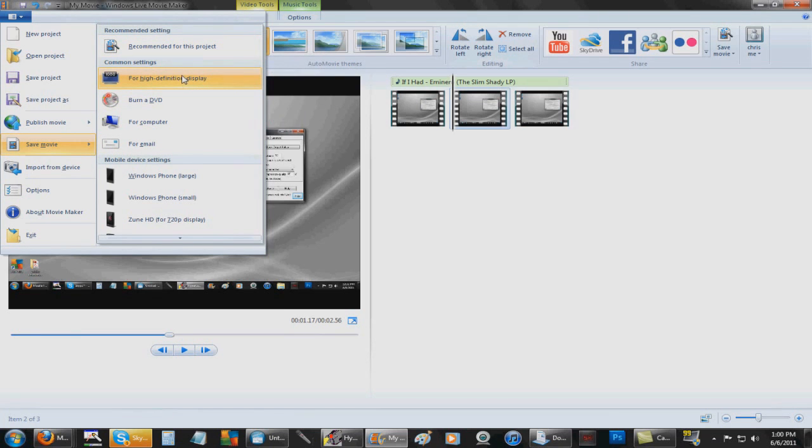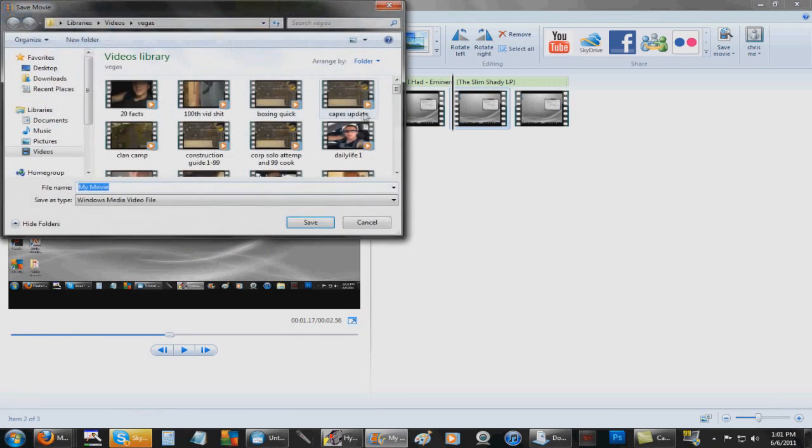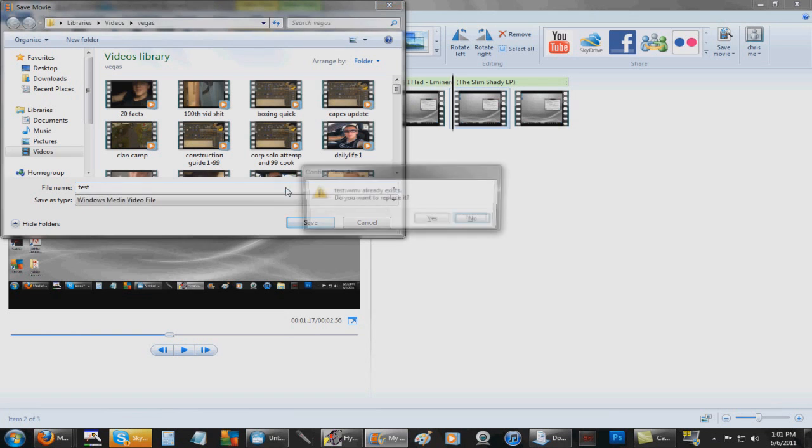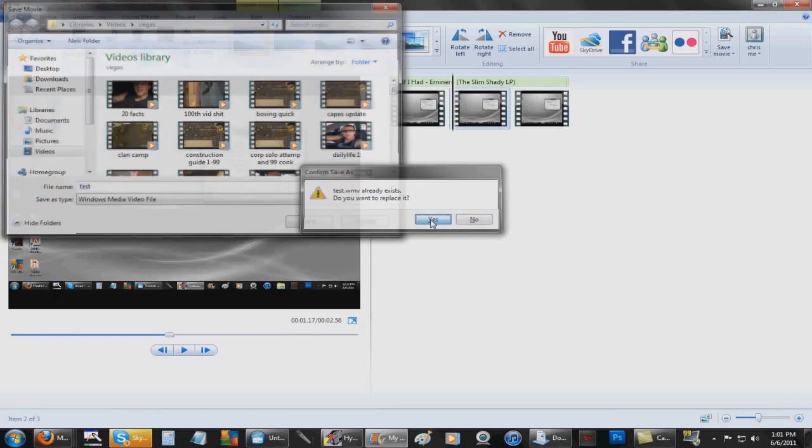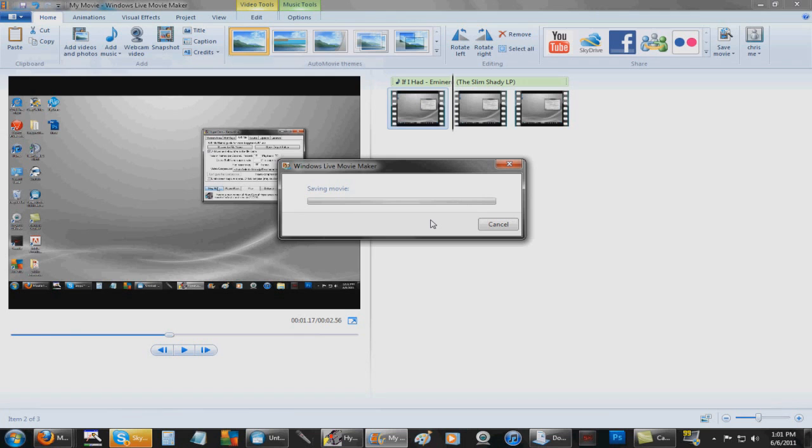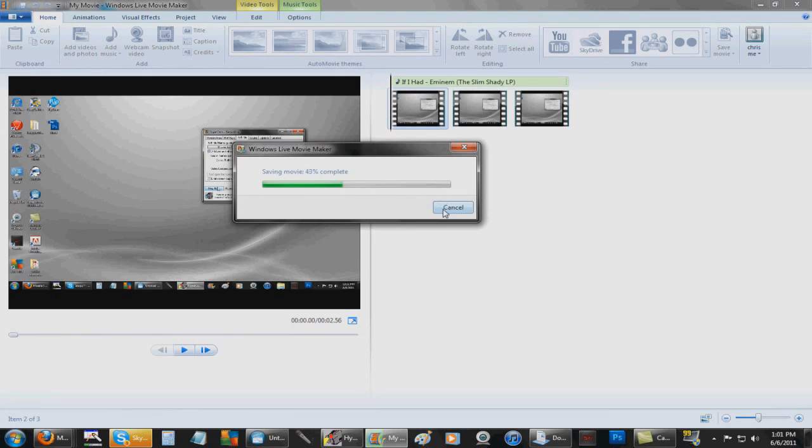for high definition display. You can render in high def on Windows Live Movie Maker, I'll show you, but you cannot render in high def on Windows Movie Maker. So it would just save. Don't really need to save the other option because I don't even know what it is. And then it would save your movie. Once it's done saving,